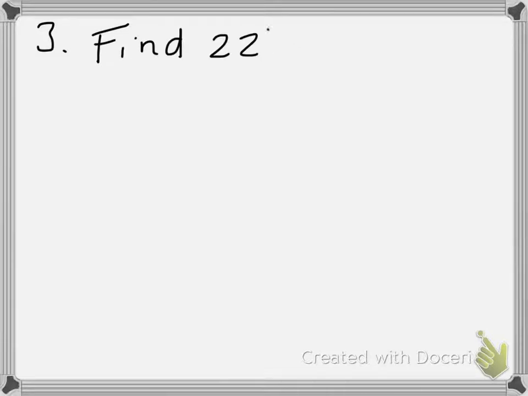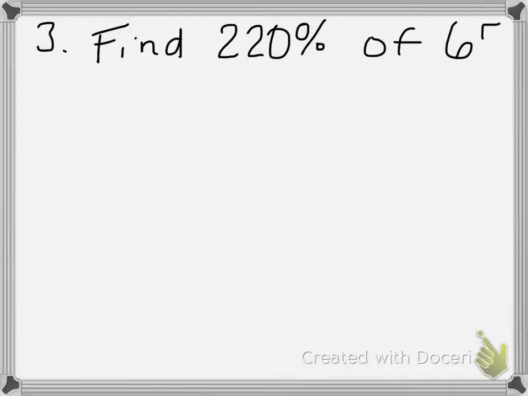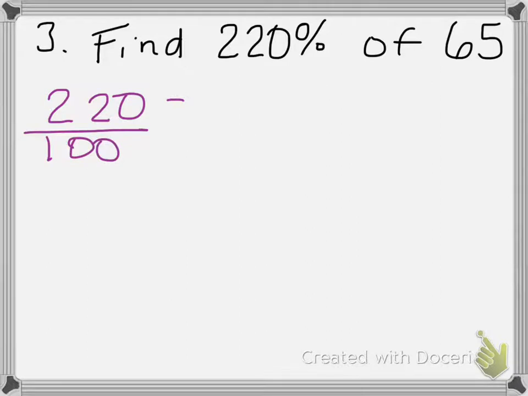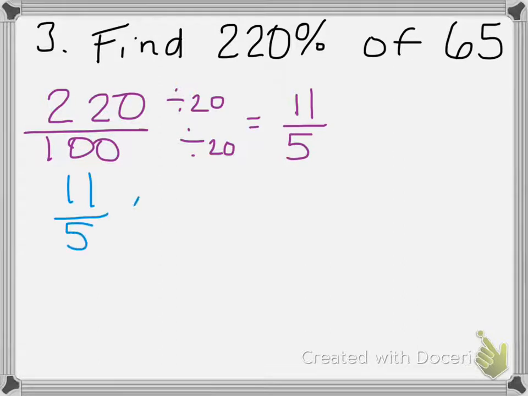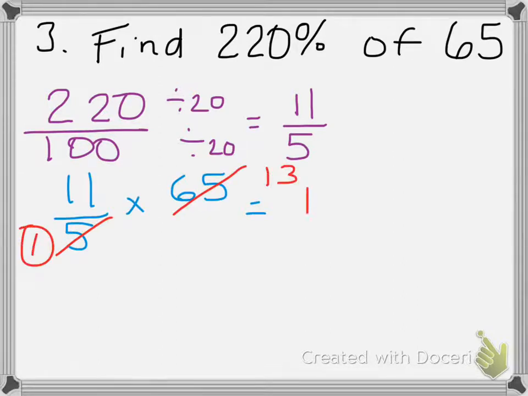All right, so example number 3 says to find 220% of 65. So 220 per 100, that's our first step because it's percent. And then we're going to simplify. So I first divided by 20 and I get 11/5. Once you get your 11/5, you're going to multiply it by,